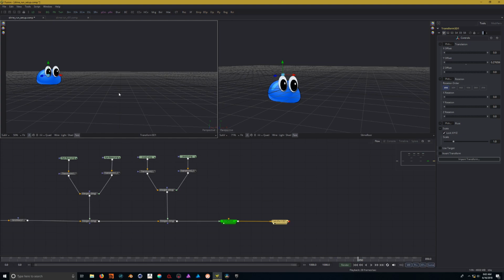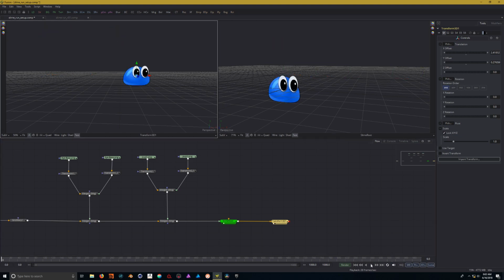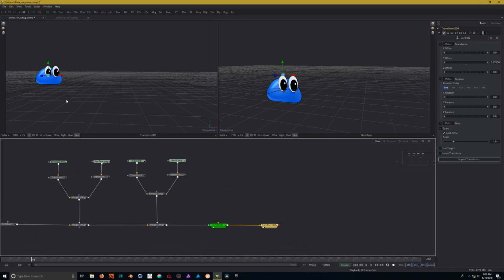Because I want to keep things clean, and I really don't like the grid intersecting with the slime. But you'll notice that when I animate, I didn't affect the jump animation by merely moving the y-axis up on the Transform 3D. If I move it over here, you'll notice the jump animation still plays the same. So with that in mind, now that I have him on top of the grid, let's start to move him